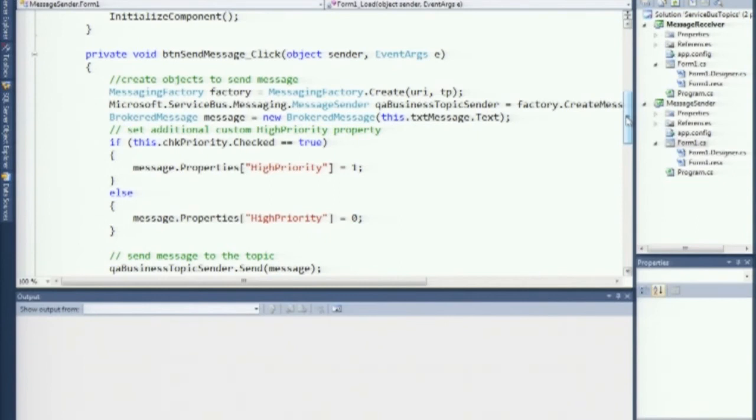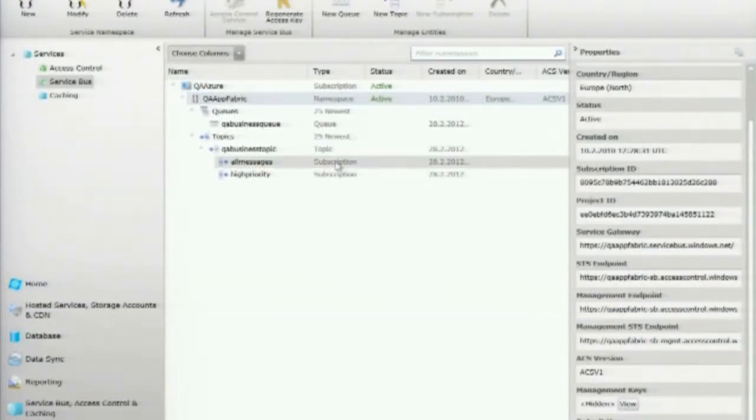Okay? What are we really saying then? What we're saying is, in this scenario here, the all messages subscription should receive all messages. It should get messages that are high priority equals 0 and high priority equals 1. Whereas high priority messages will only be the messages that are high priority equals 1. Does that make some sense, guys? Yeah, we're okay? So, if I now go and run,